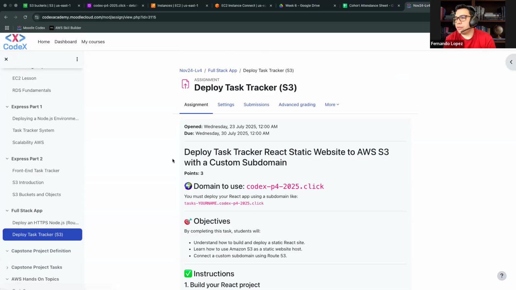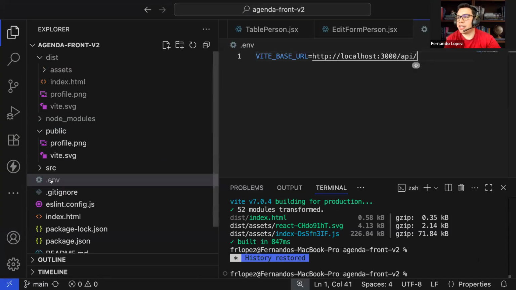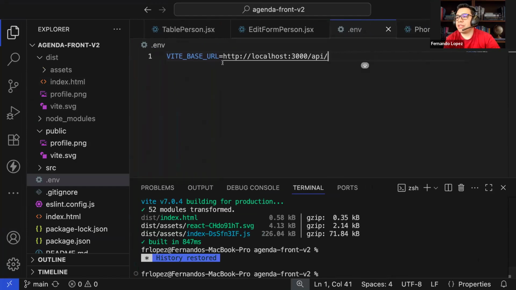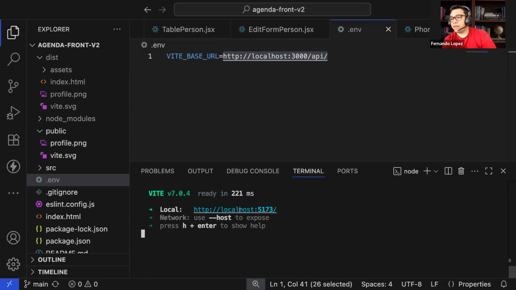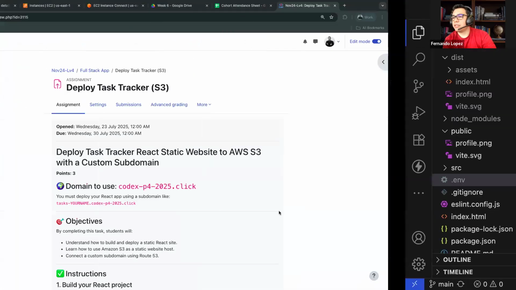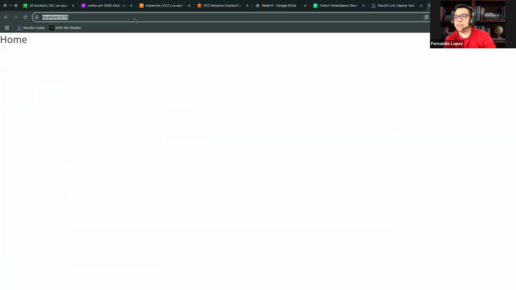Okay, so let's go to the React project. We remember that we have this .env file where we save an environment variable that has the URL that we are hitting. This is our front end. This is the example that I have done about the agenda. Let me show it. npm run dev. So I run my project, and if I access the route person,